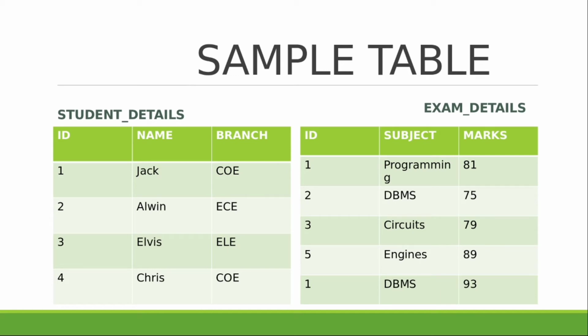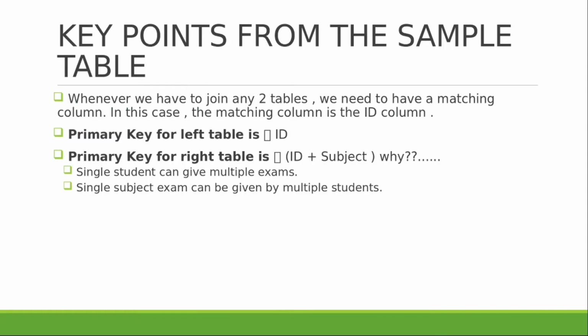So here we need to actually apply the concept of composite key. Now, if I talk about ID plus subject, and if I take the composite of ID and subject, you will see all the unique values present in it. So my point is that any student and any subject, the combination will only be once, right? So that is why here composite key will actually be present. And these were some key points from these tables you need to take care.